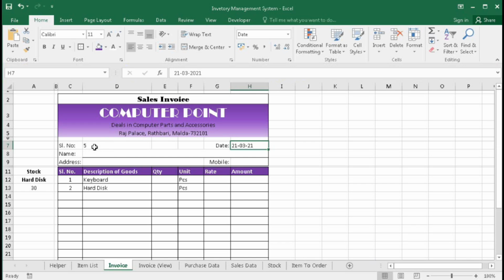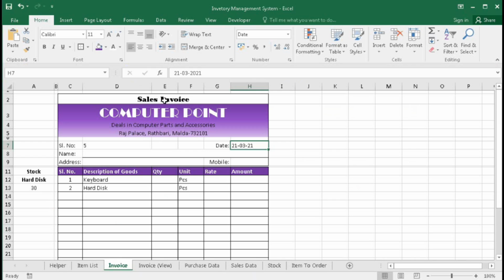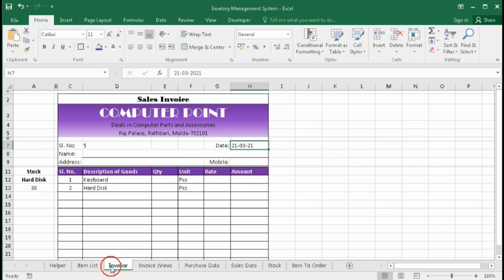If it is a purchase invoice, it will be taken from the last purchase invoice number, and if it is a sales invoice, it will be taken from the last sales data invoice number. So